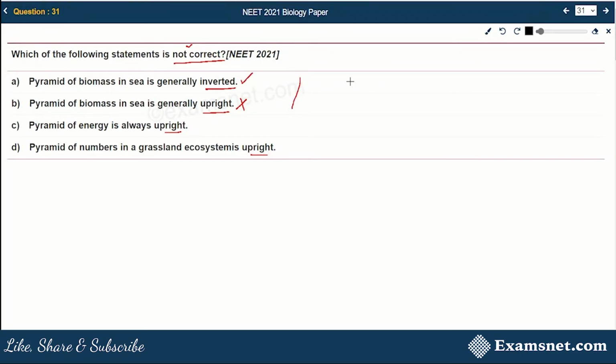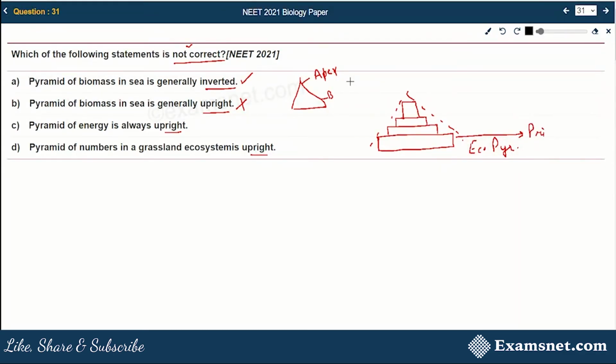So you must be familiar with the shape of a pyramid. How does it look? It has a broader base and a narrow apex, right? So if we try to find out the relationship between organisms and their numbers, biomass or energy at different trophic levels, we get a similar kind of shape. Therefore, this relationship is known as ecological pyramid. Here, the first trophic level represents the plants or autotrophs which can produce their own food. Therefore, these are known as primary producers, and these do not depend on any other organisms for food.